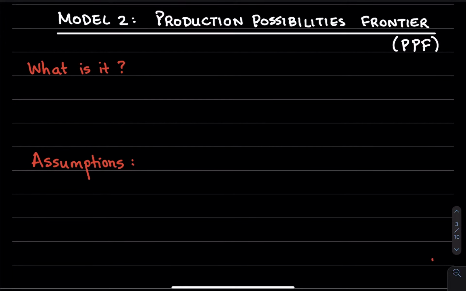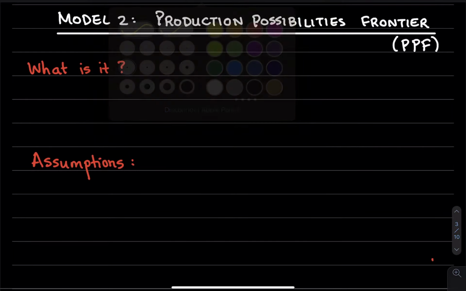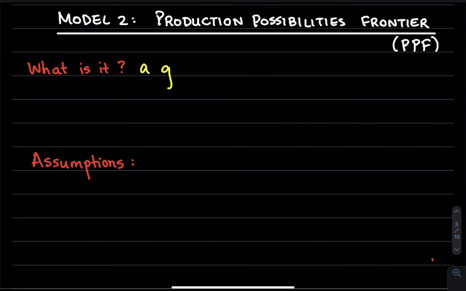Okay, so the production possibilities frontier is really just a graph, a simple XY graph that shows